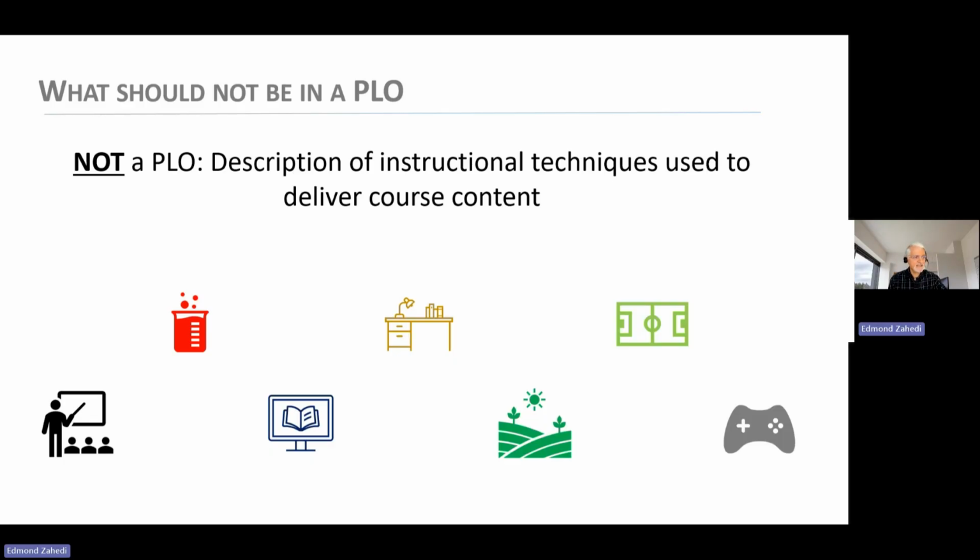Another important point is the EDI principles, equity, diversity, and inclusion, which encourages, as you know well, using multiple pedagogical approaches instead of a single one. So this is another reason why pedagogical approaches should not be mentioned in the statement of PLOs, because how are you going to include so many different approaches?